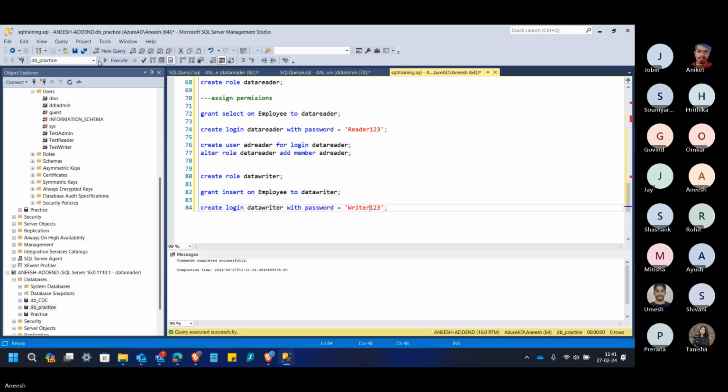Okay, make sure to change the database to master level because we are creating a login. The login has been successfully created. After the creation of the login, then create a user. I'm creating a user AD writer for login data writer,